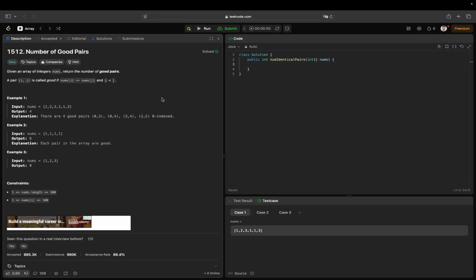Okay, so now let's solve the problem. First of all we can initialize a counter such as integer count equals to 0 and then write a for loop for int i equals to 0 and i lesser than nums dot length,